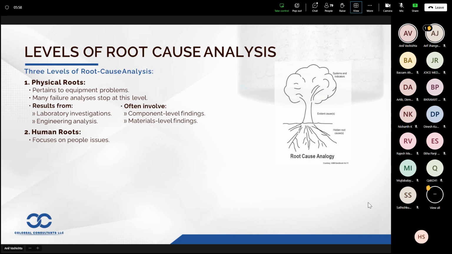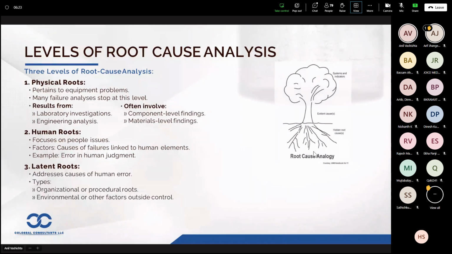The second level of root cause analysis is the human root, which focuses on the people and the factors, causes of failures linked to the human elements. Examples: wrong judgment made by an operator. The final level of the RCA is the latent root cause. Why did the human error happen? It can be because of organizational or